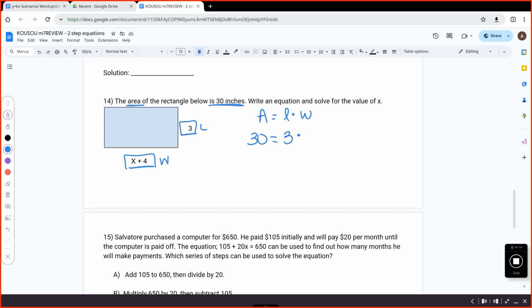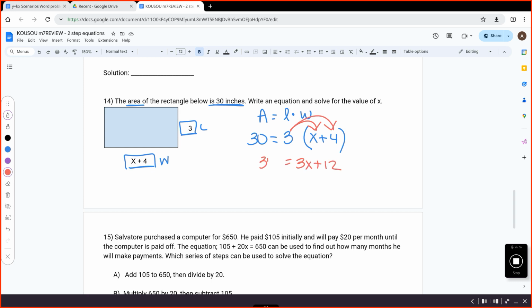So we have 3 times x plus 4. Now, I know you're not used to seeing the distributive property with the raised dot, so you can put it there or you don't have to put it there. Either way, you still need to do the distributive property to get rid of this whole x plus 4 inside of the parentheses. All right, so we have 3 times x, which is 3x, 3 times 4, which is 12,